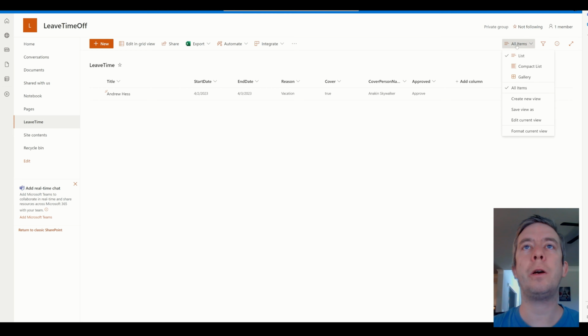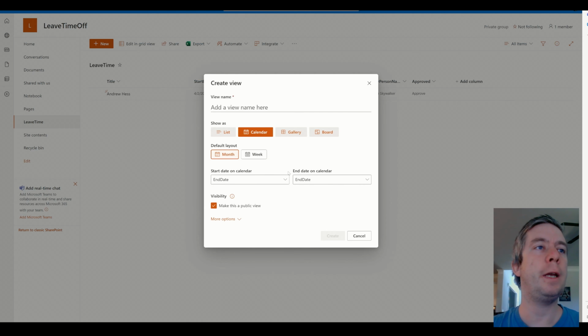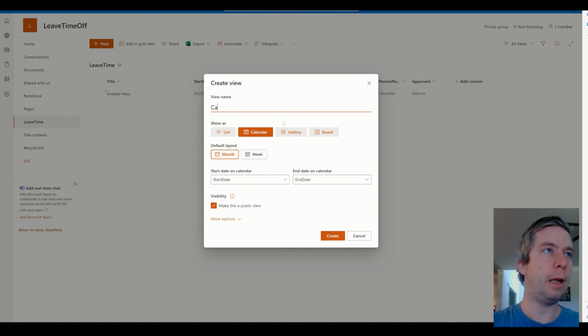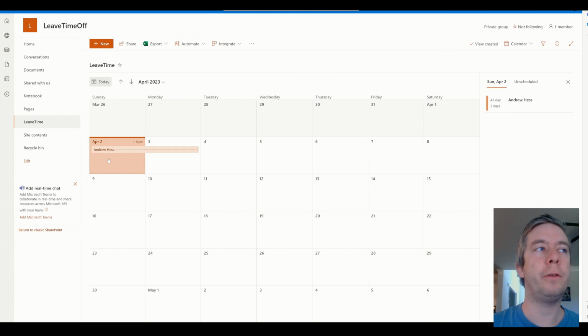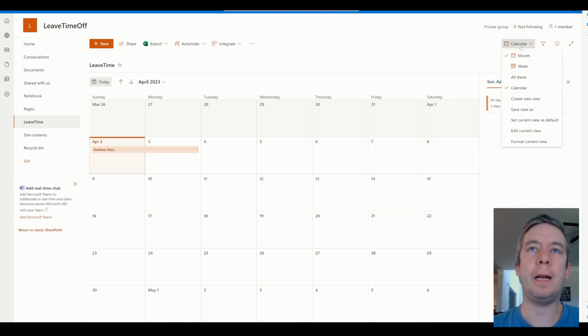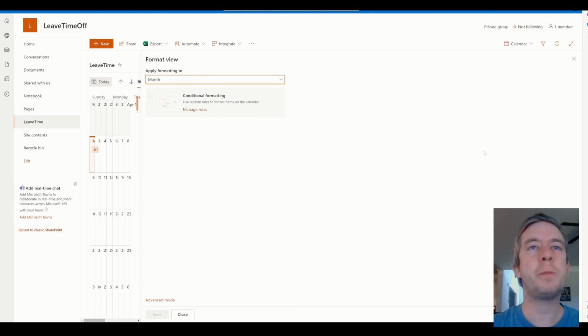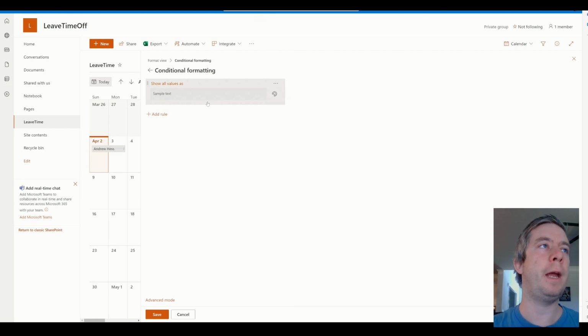calendar view. So let's go up here, create a new view, calendar. Start date is start date, end date is end date for the month, calendar. Okay, we have a calendar view. We can see my name is already appearing there. If we really want to get down to it, we can, and I'm just building off my other videos, right? We can manage this rules,